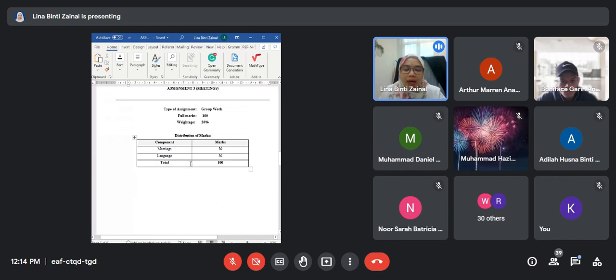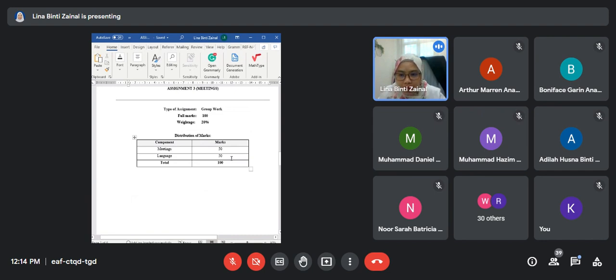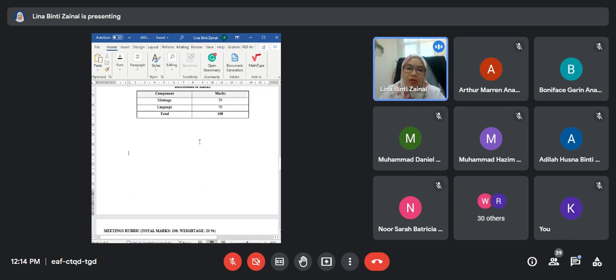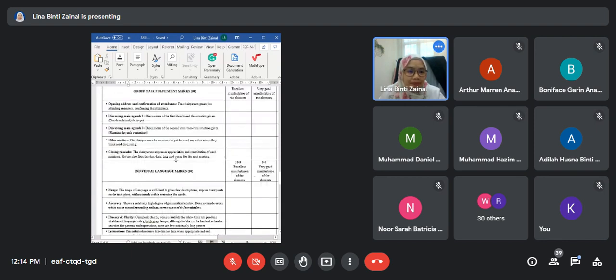Okay, so the mark allocation is 50 marks for the meeting flow and then 50 marks for your language. Okay, so 50 marks for your language, it means that your individual marks. Language always individual marks. Okay, this one is group marks. So don't be surprised if later that your mark is different from your group members. Okay, because there is this part usually will determine the number of your marks. Okay,